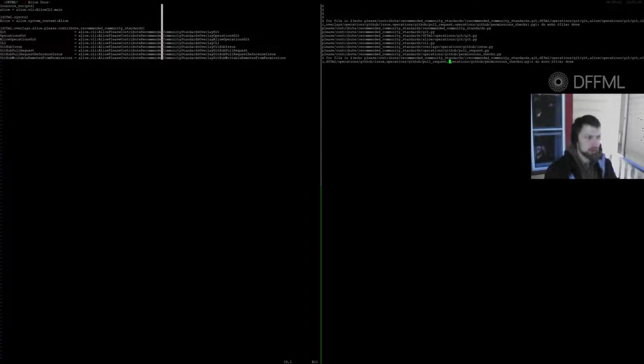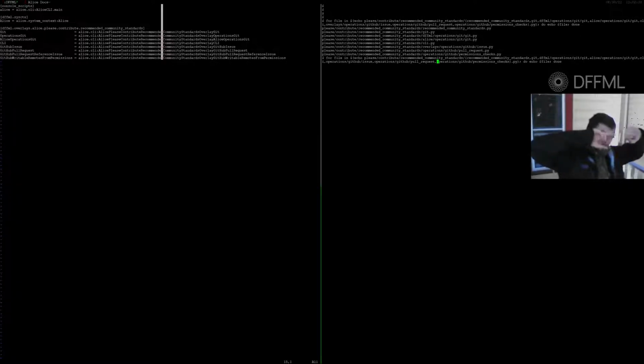Is it CLI or would it be DFML operations GitHub? I think these would be DFML operations GitHub. This is like what package this would go in if it weren't here, but I guess we would just call it operations issue because we're not going to prefix it with some kind of package name. But how would we distinguish package names? Ooh, how do we distinguish between